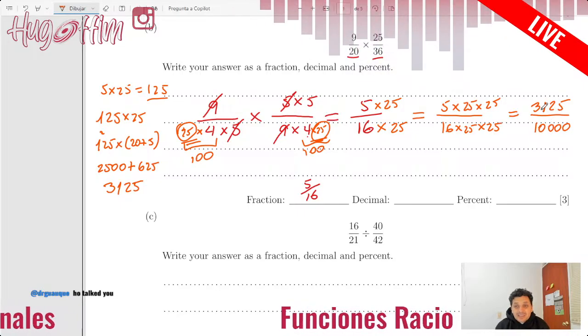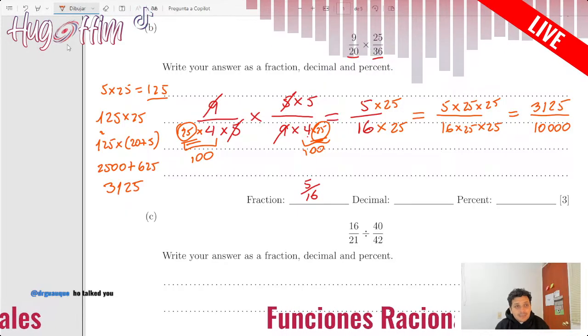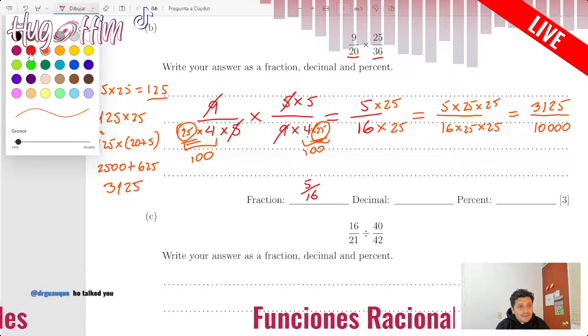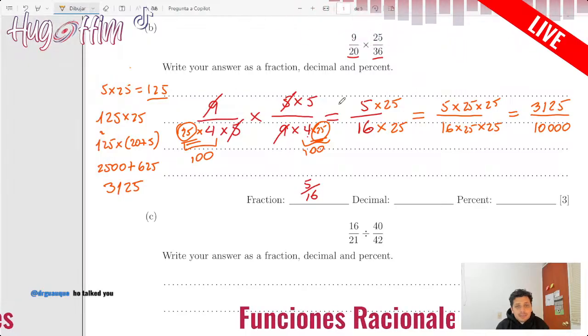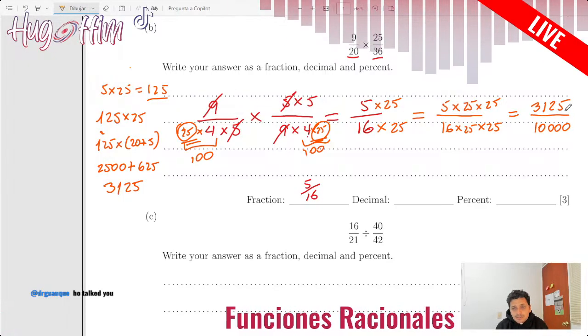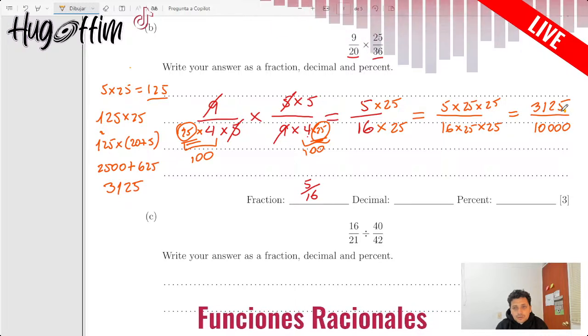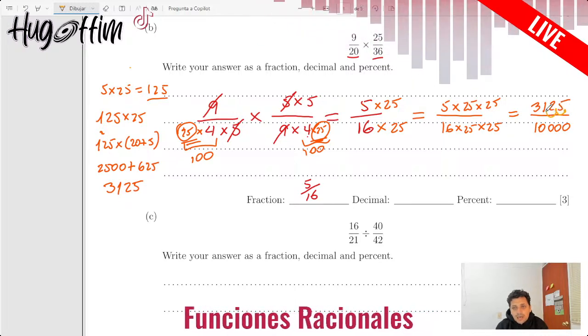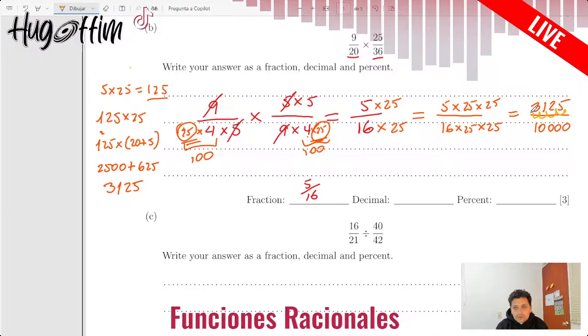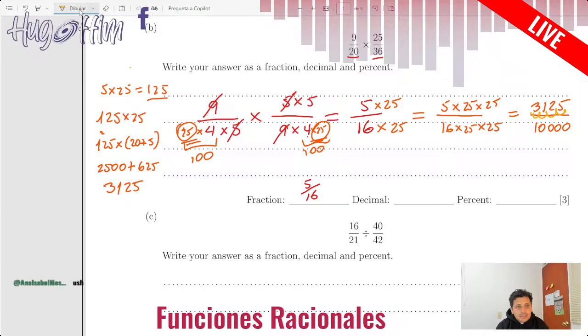And you may ask, how can I convert this as a decimal? Remember that if I have a power of 10, it means a division. I just need to move the decimal point. So I need to move the decimal point 1, 2, 3, 4 points to the left. 1, 2, 3, and 4 to the left. So the answer is going to be,